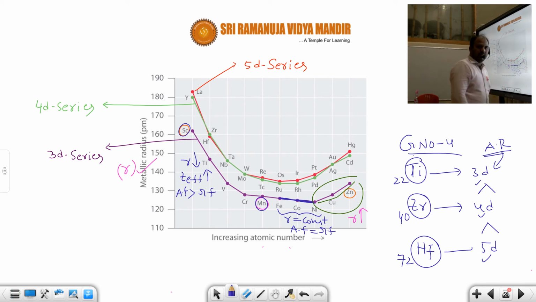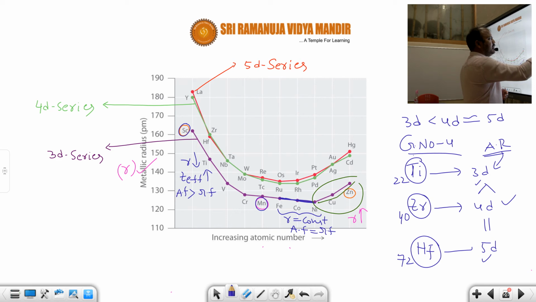Is it correct or not? Like scandium, yttrium, lanthanum. But in group number 4, what happens? Compared with 3D, 4D has a larger atomic radius. But in group number 4, 4D and 5D have a similar atomic radius. We expected that, as the orbit number increases from 4D to 5D, the atomic radius increases. This is theoretical, but what is the experimental evidence?